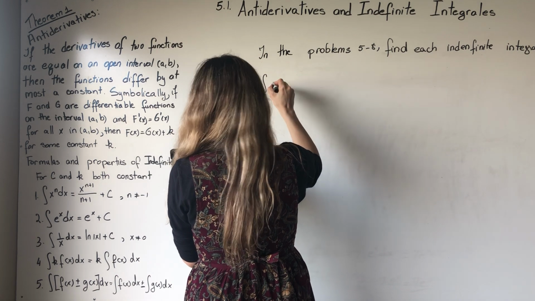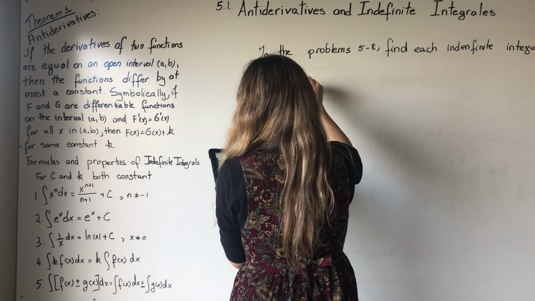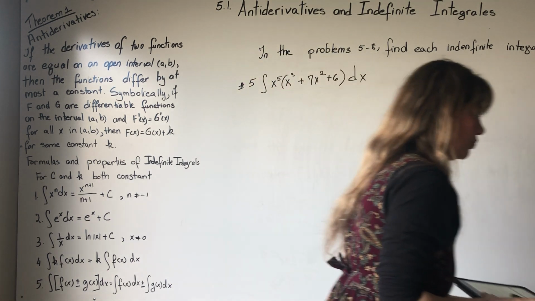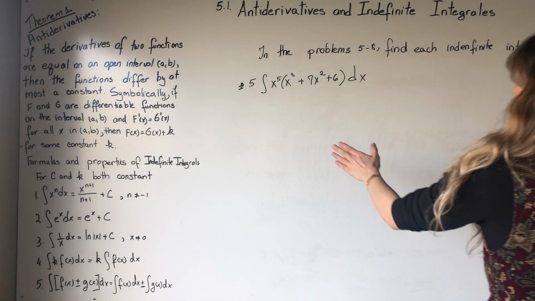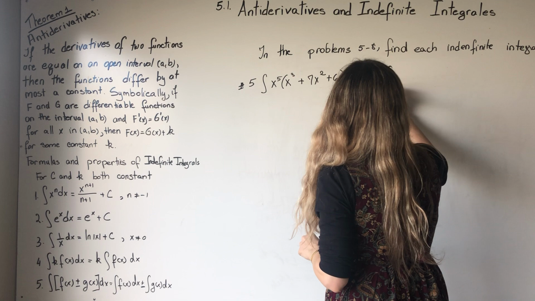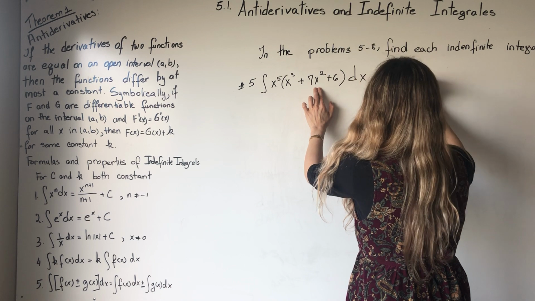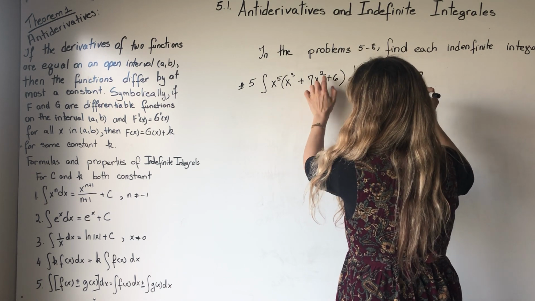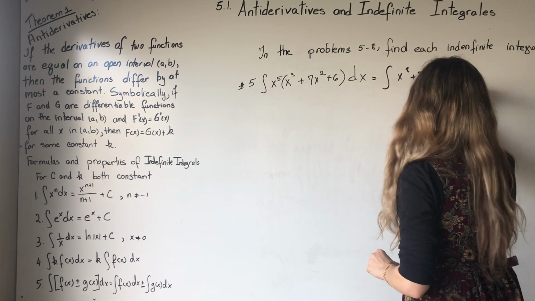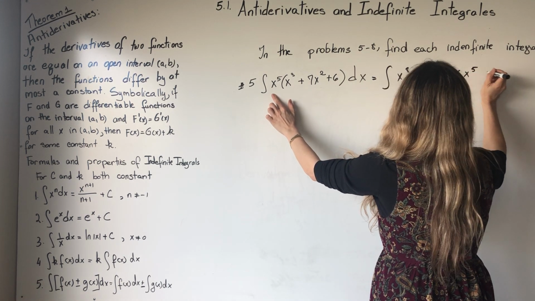5, it's the integral of x to the 5th times x to the 3rd plus 7x squared plus 6 dx. Okay, so I have this. Now I know that I have x to the 5th, let's just distribute that. So we'll have the integral of x to the power 5 plus 3, it's 8. And then I will have plus 7x squared times x to the 5th, which will be x to the power of 5 plus 2, it's 7. Plus 6 times x to the 5th